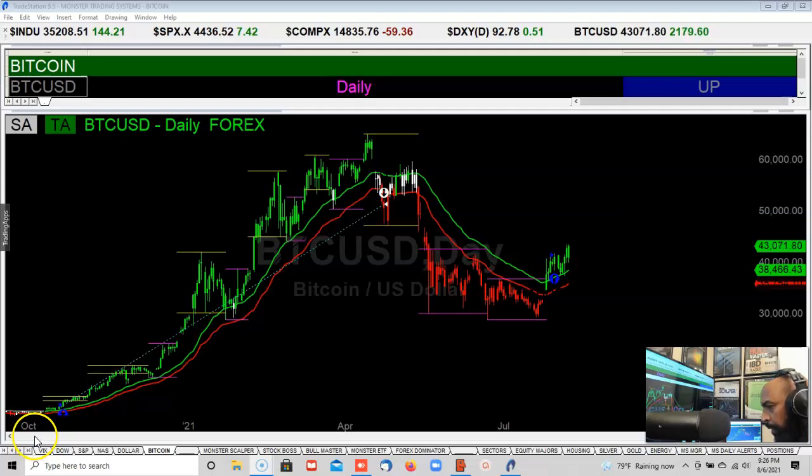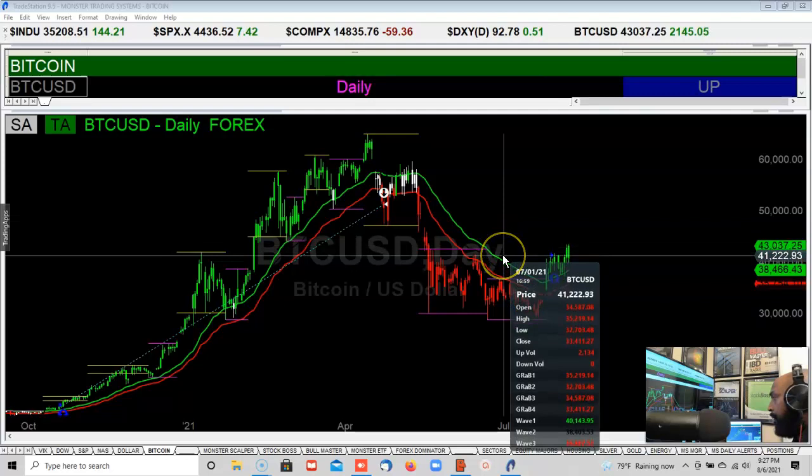Hey guys, we had a great day today, so let's take a look at Bitcoin. We had a lot of nice moves today. Bitcoin did really well. It's up 2100. So 2100 got above. Here is the buy signal right at